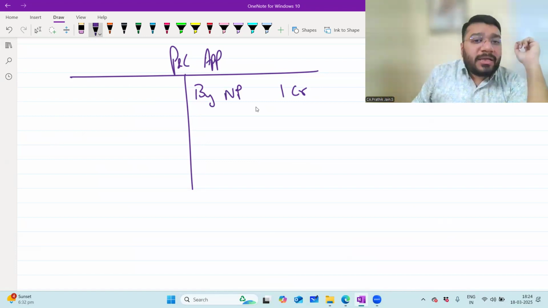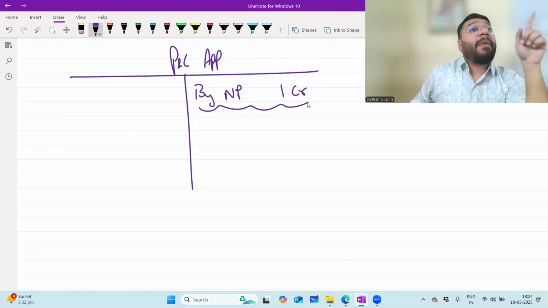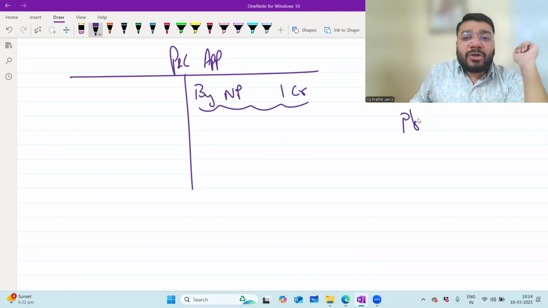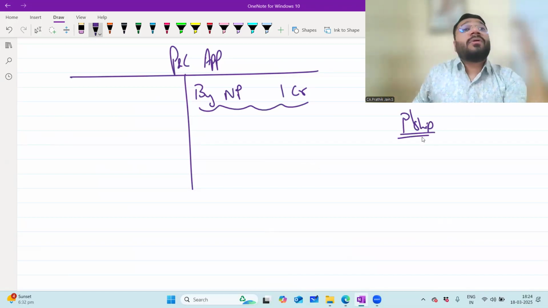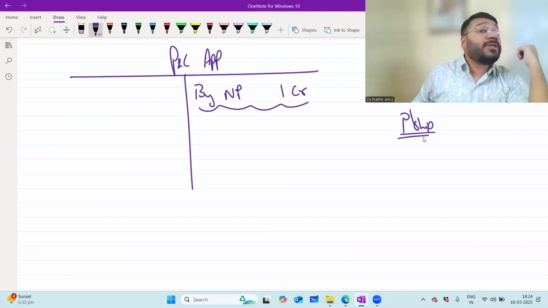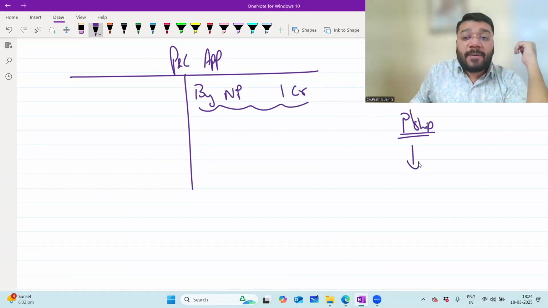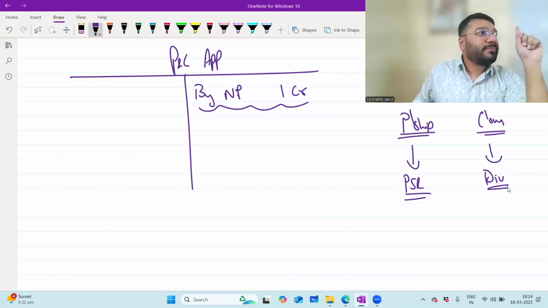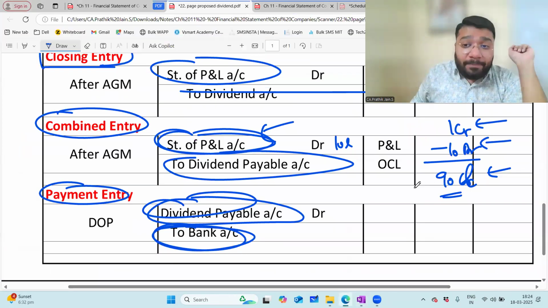Here, you transfer the share of profit to the partner's capital account. So, in the partnership business, how do you give the profits to the shareholders? Sorry, to the partners. We will distribute in the profit sharing ratio. In the company, how do you give the profit to the shareholders? By way of dividend. So, the dividend that you subtracted here,